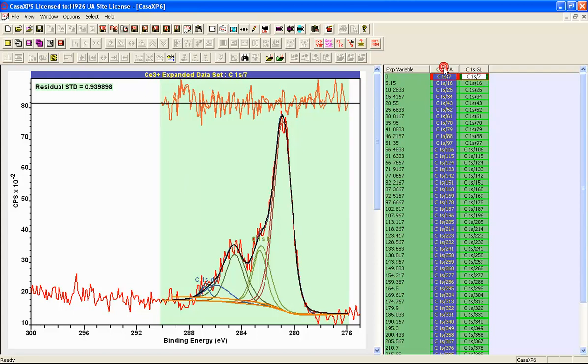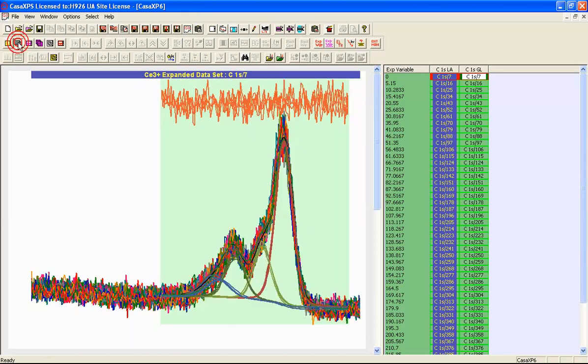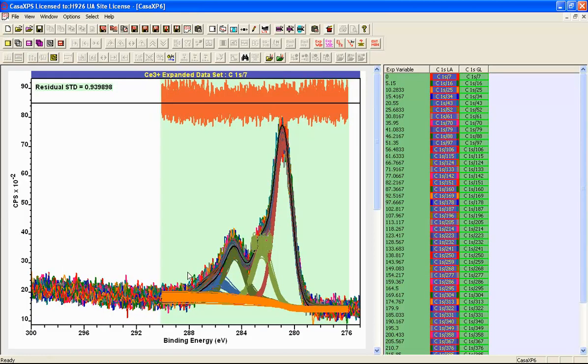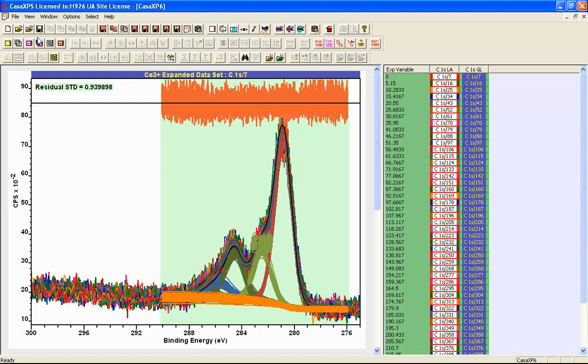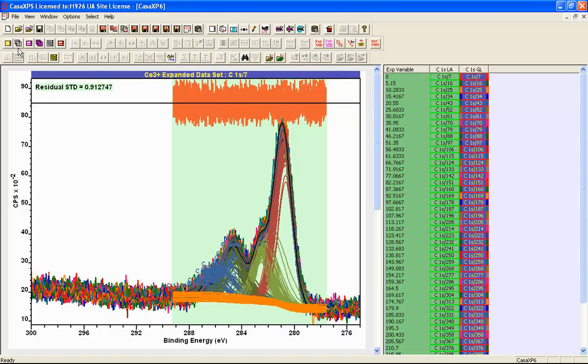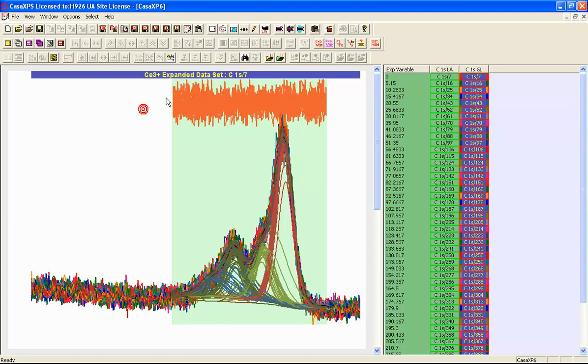Now if I overlay these in the active tile, the first column, these are peak fits that only involve LA line shapes. And we end up with a set of peak models and residuals that are certainly acceptable residuals, and the peak model shows some variation that you might expect as a consequence of there being noise in these data. Now when I overlay the GL model, the results are very different. You can now see there's quite a significant spread